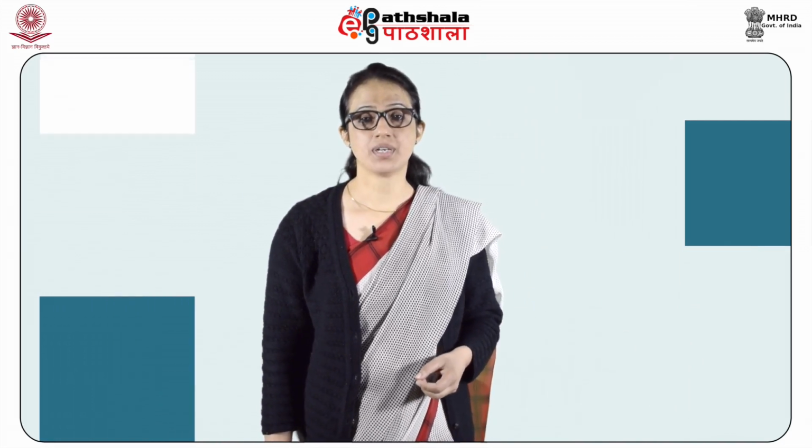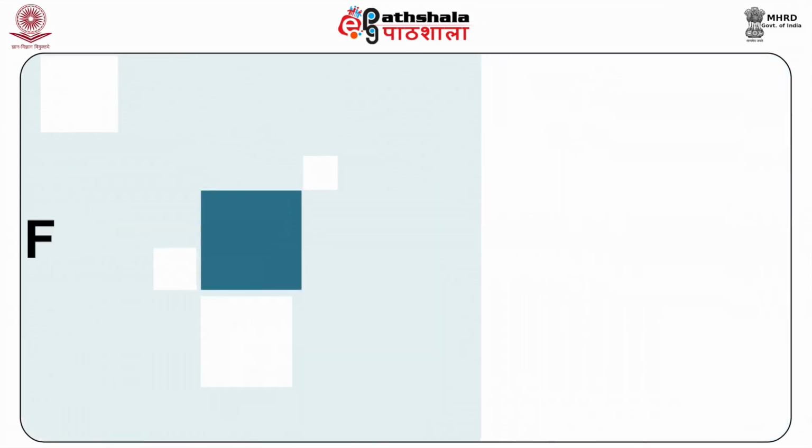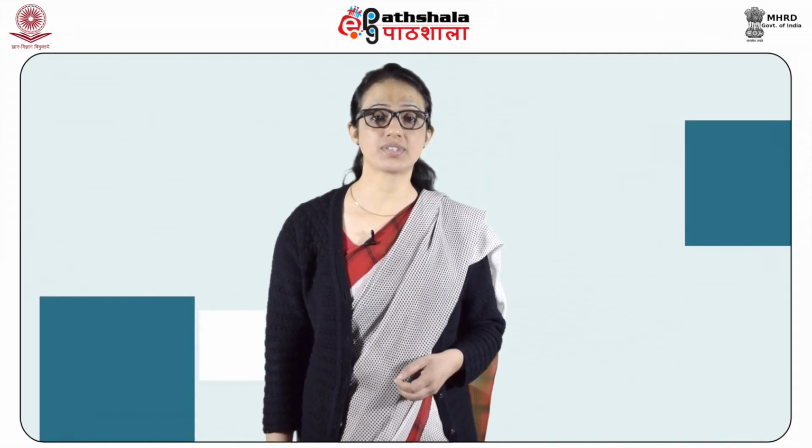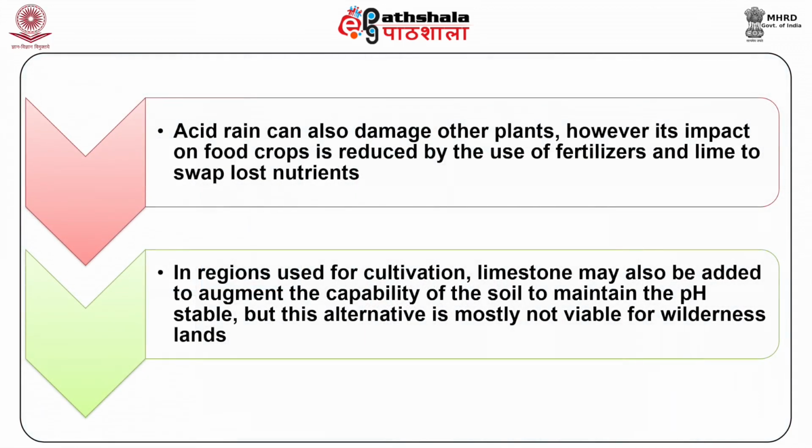Magnesium and calcium, like base, are leached by acidic rain, which dramatically alters the soil chemistry and affects sensitive species like sugar maple. After soil, let us discuss forests and other vegetation. Forests at high altitude are highly vulnerable since fog and cloud that lead to acidic rain surround them and are more acidic. Acid rain can also damage other plants;